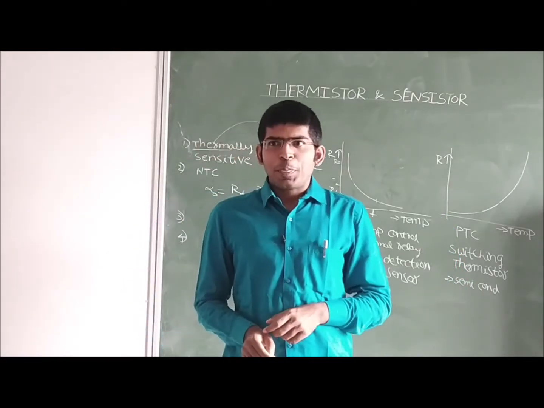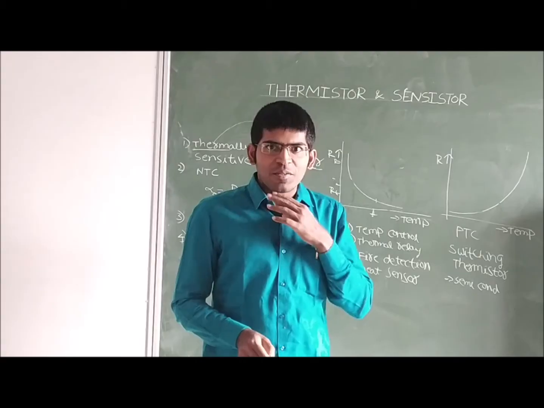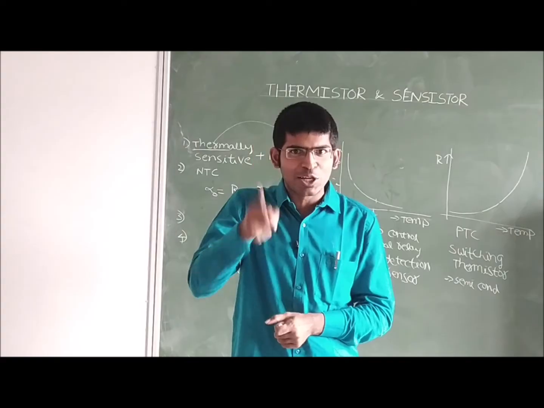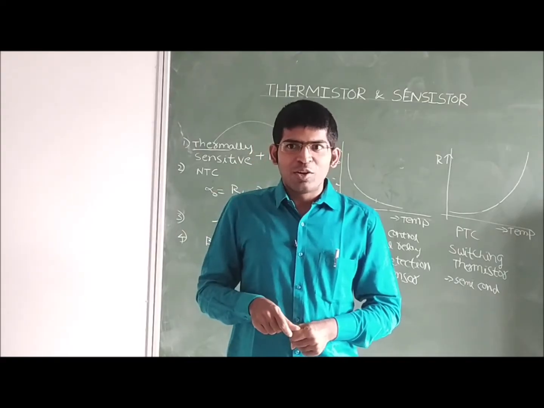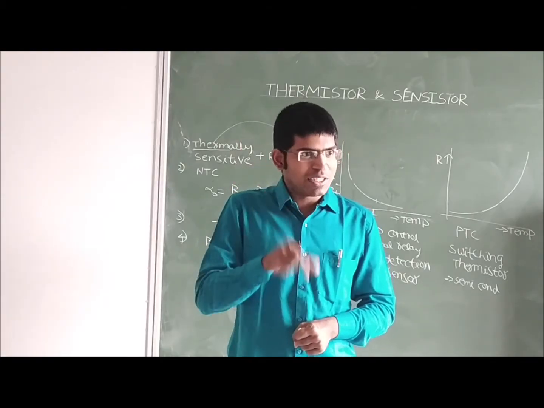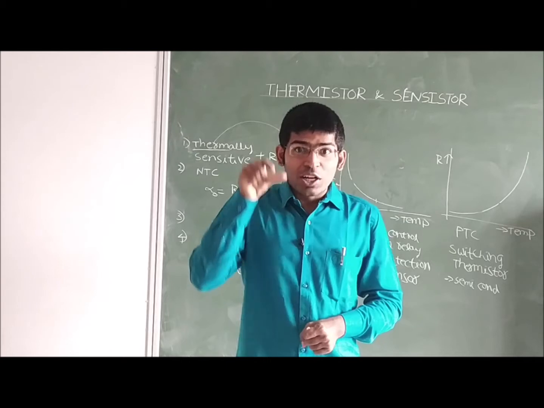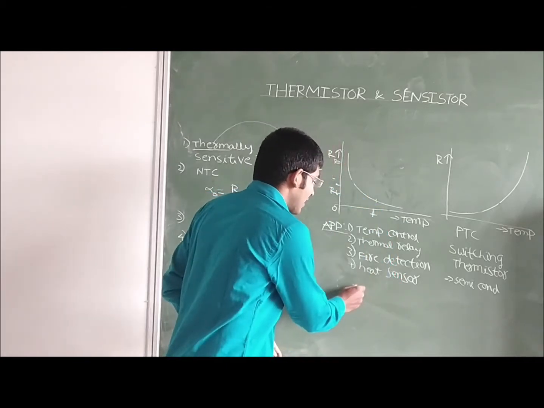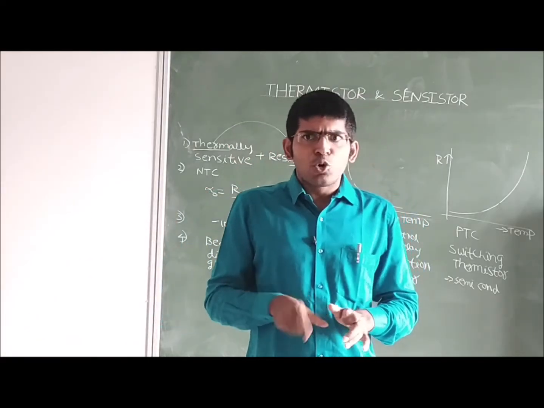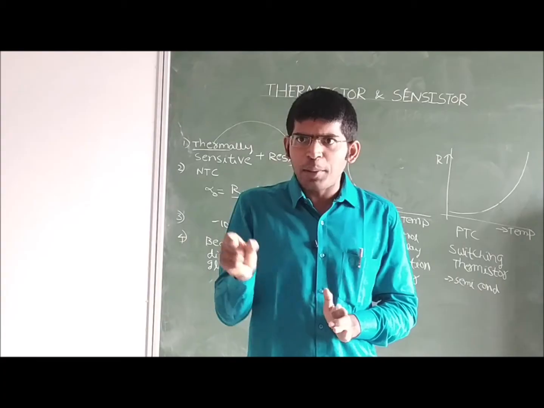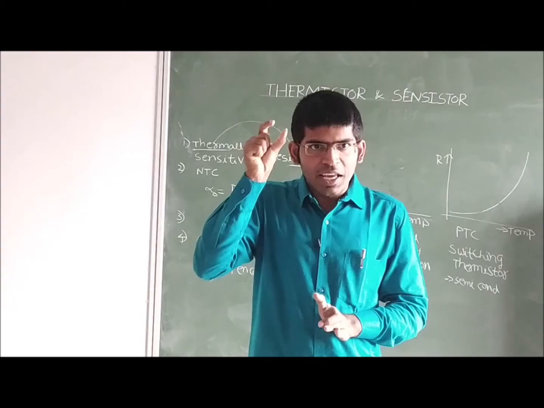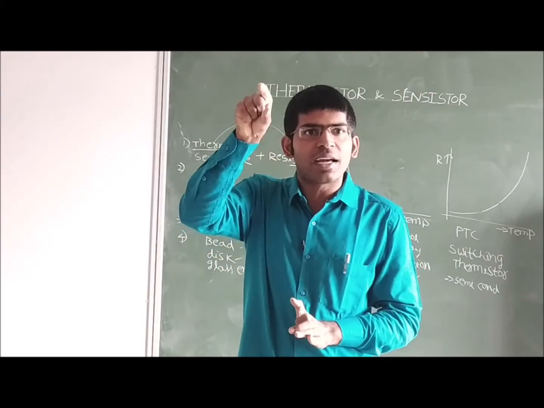This thermistor, this action of changing resistance non-linearly with respect to the temperature, was first observed by Michael Faraday. Faraday's laws, I think you heard about Faraday's laws. That Michael Faraday, the capacitance unit is also farad. So that Michael Faraday in 1833, while he was involved in doing some experiment, suddenly he observed the silver sulfide. Silver sulfide is exhibiting properties like a semiconductor.